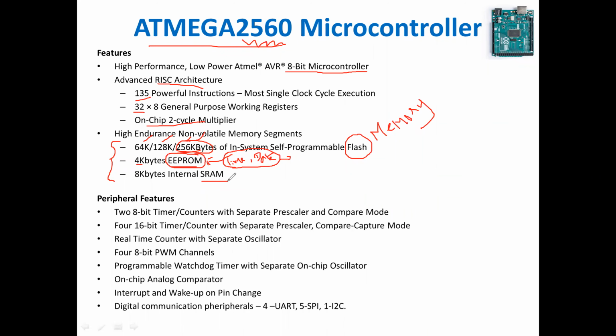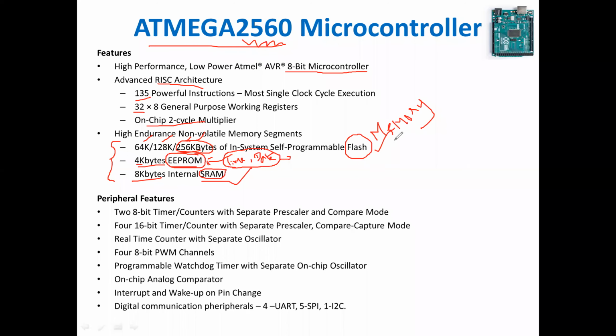And then we already generally know RAM. In 8051, you would have seen that we have read about flash memory and RAM, but we have not read about EEPROM, which is not there in the 8051 microcontroller. So that is the additional feature of this particular microcontroller. SRAM has a size of 8K bytes. In this particular memory, the data will be erased once you switch off your controller.